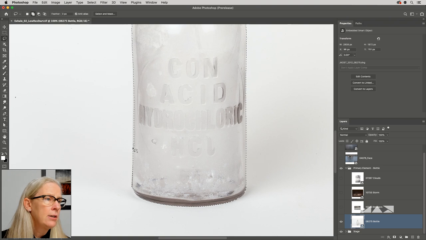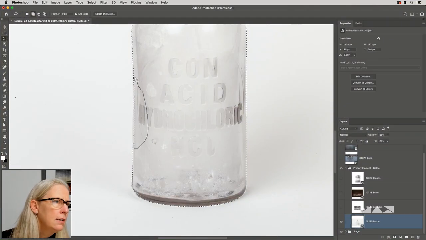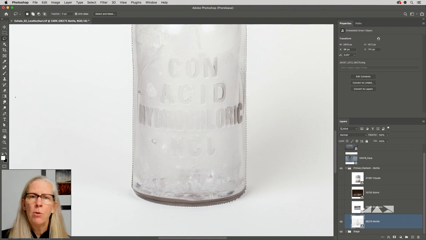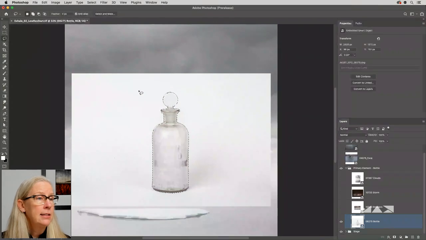So I'm going to start down here with the Shift key. And because this is already selected, all I need to do is draw a loose line till I'm right about here. And then when I release the cursor, Photoshop will automatically close that selection and draw the straight line for me. Excellent. So let's zoom out.